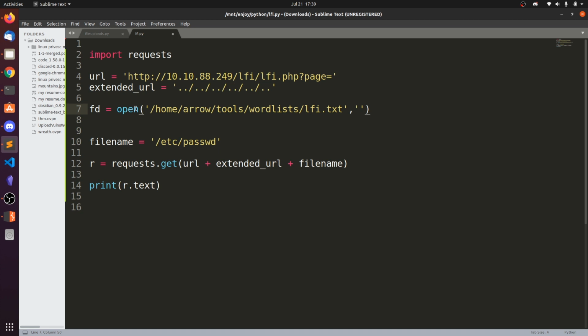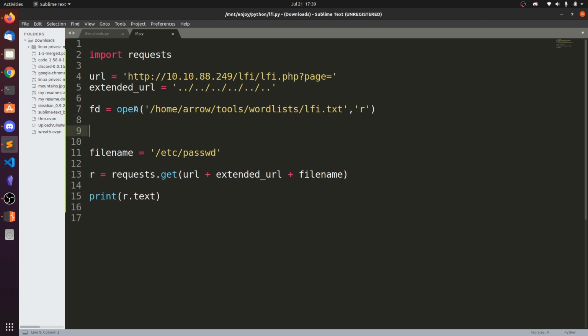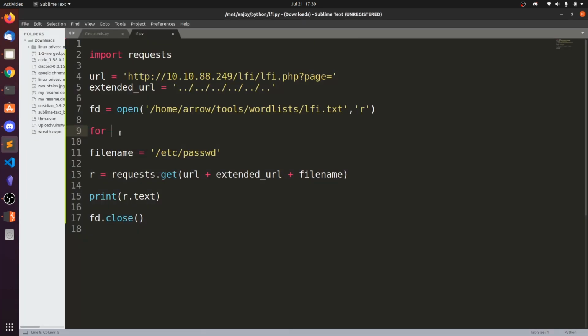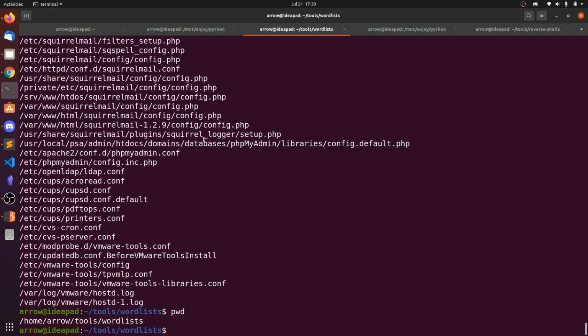So we are going to do the read, so let's say r, and then at the last we are going to close the file descriptor. Okay, we are opening, and we need to loop over each line. So we can simply say for i in fd. So it will iterate over each line. Alright,